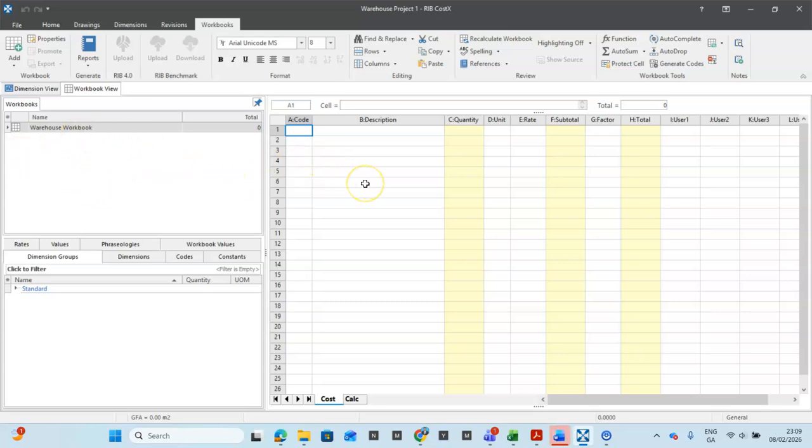But one other key thing I need to mention here, the workbooks are created in levels. It has levels, and you can have information in different levels. I'll give you a quick example of what I mean by that. Let's assume that we are working on a new project, like a warehouse project. I can just put the name. This is the first level of the workbook right now. I can put that in caps, say warehouse